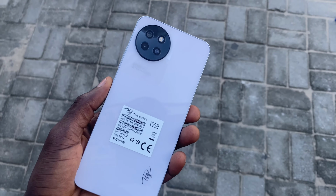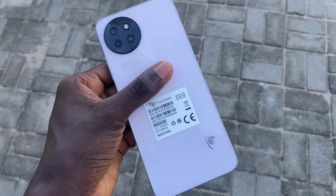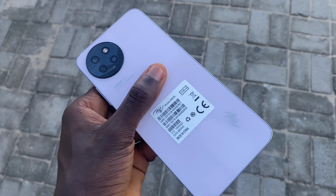They make sure the phone is not overly packed with specifications. They just have to cut down certain areas so the devices are budget friendly. itel are known to be the king of budget entry-level smartphones. And so adding the 90 Hz refresh rate and the color-changing back design is just an extra feature to keep this smartphone on top of the entry-level segment. So it's a good move from itel, and I hope to see more from them in their